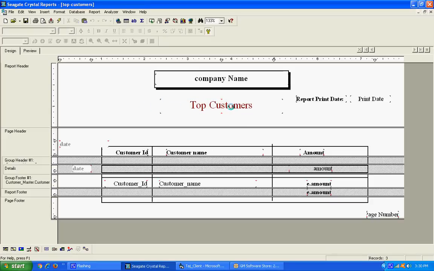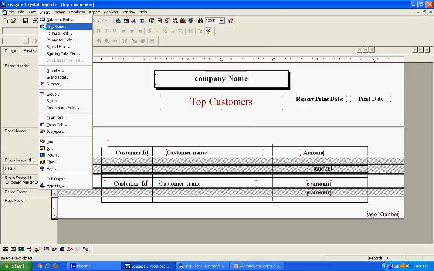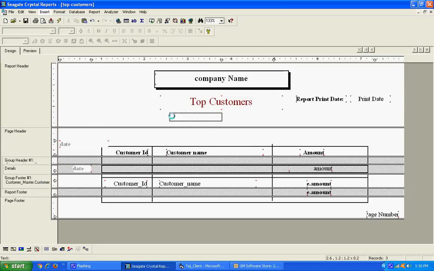At this time I want to add another line here. Insert text object is there.